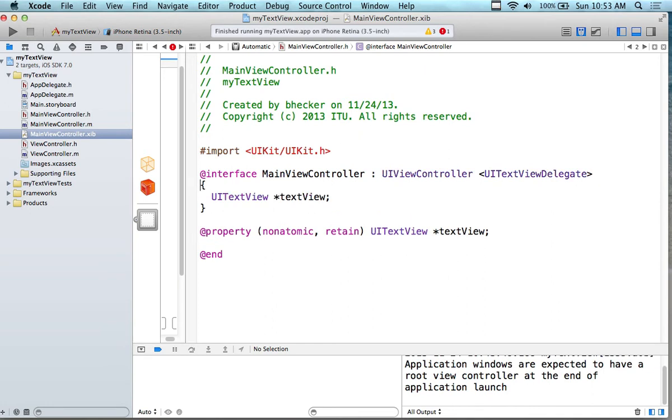The UI text view delegate is inherited from app delegate. App delegate's in the project already. We don't have to include anything for this. So we have it automatically through the inheritance. So this is really an inheritance sort of example as well, showing you that this is the protocol we're going to abide by. If we go back to the .m file,